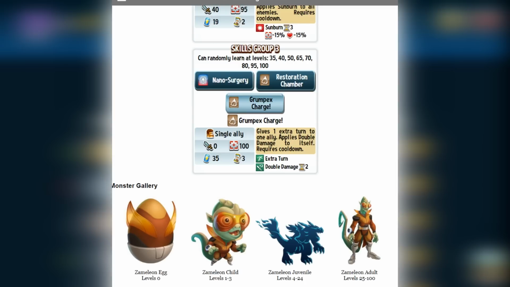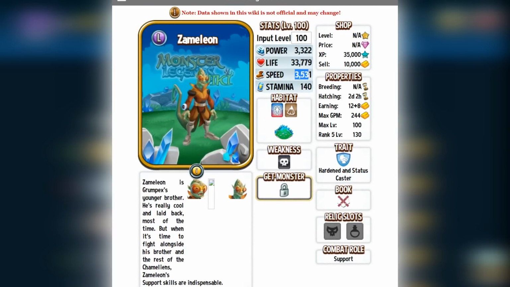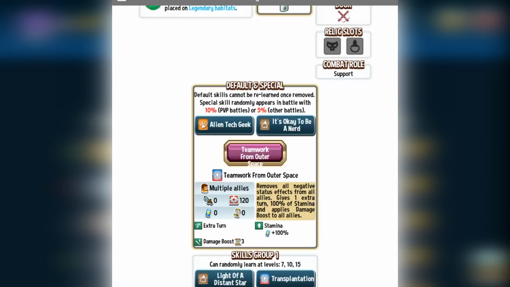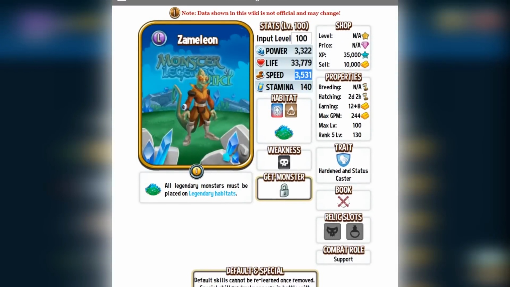And then Grumpy's Charge. This skill gives 1 extra turn to one ally and applies double damage to itself. Okay, that's interesting. So you turn transfer to one of your allies, but you give yourself double damage. That's still cool. It's a turn transfer. In particular, it's a turn transfer for a monster that's incredibly fast. 3-5-3-1. Which means you can run this monster one of 2 ways. You can give this monster 3 speed runes to have...